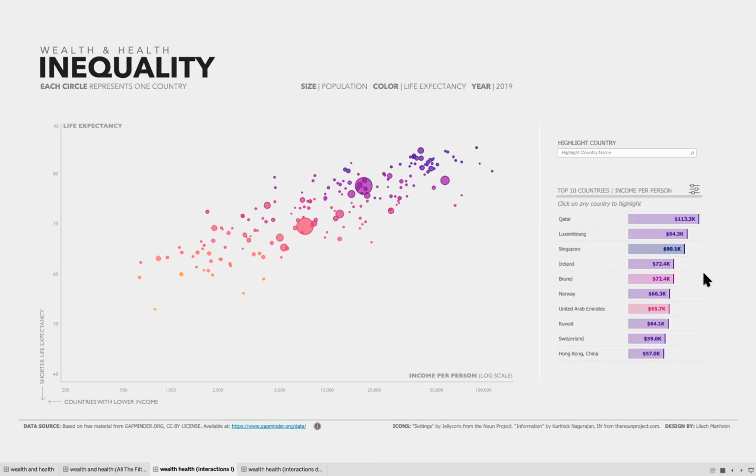And then the third and final interaction is actually one of my favorite little tricks for interactions. I guess you could call it on-demand labels. So any mark or point on here in the chart, you can hover over and it'll just bring up the name of the country. And it's a great little alternative to having a tooltip that might hide the chart.